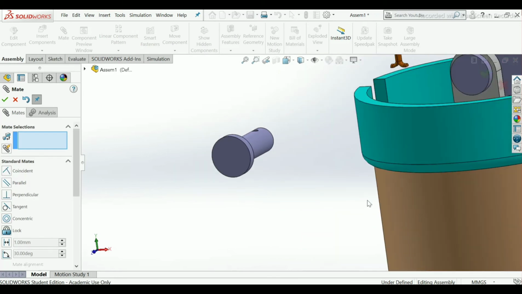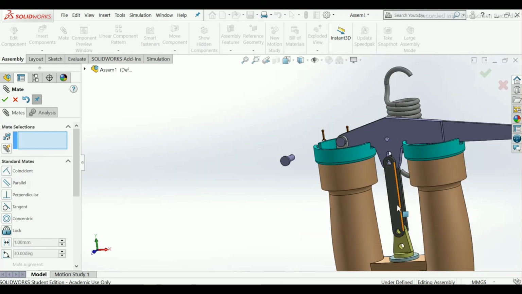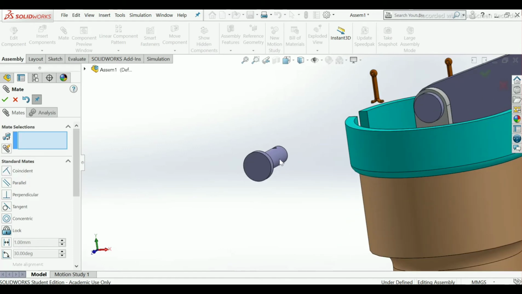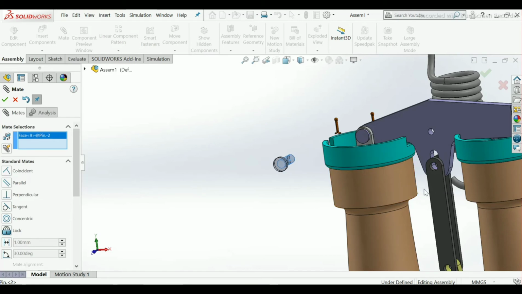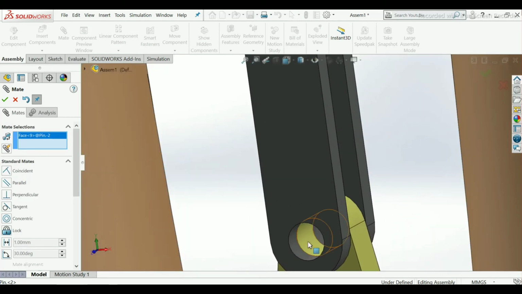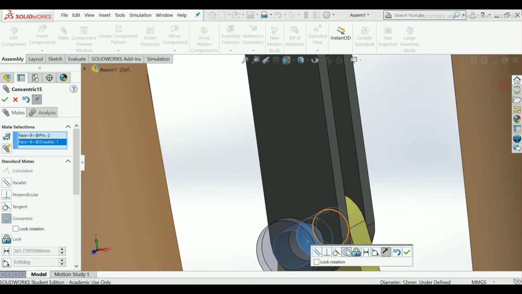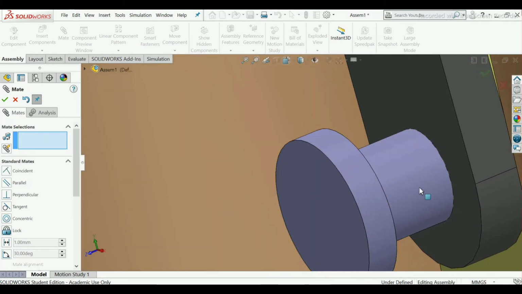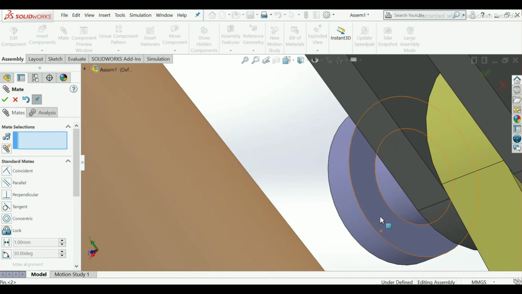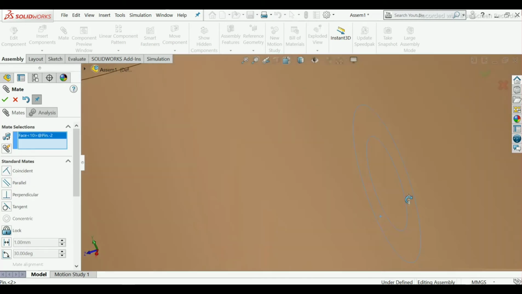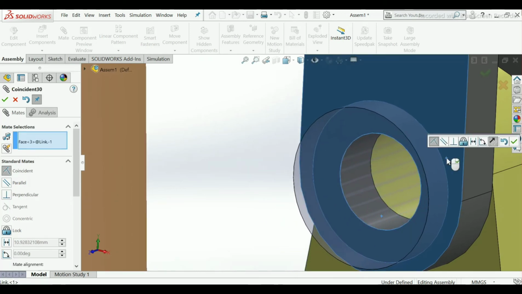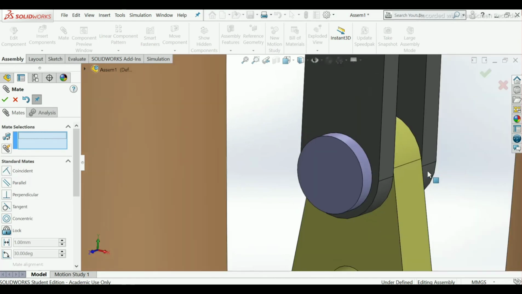Now fix both the components, link and shackle. Go and select this plane of the pin to this, make it concentric. Select this face and this face, make it coincident. Okay,